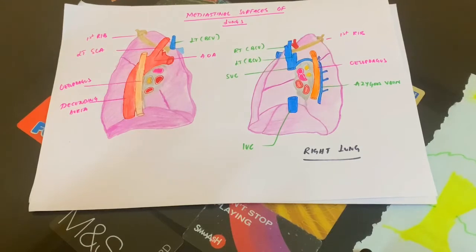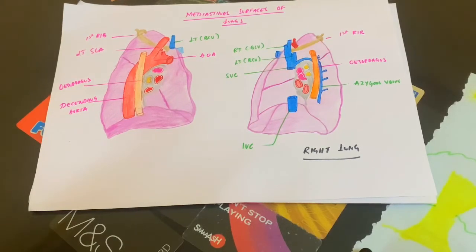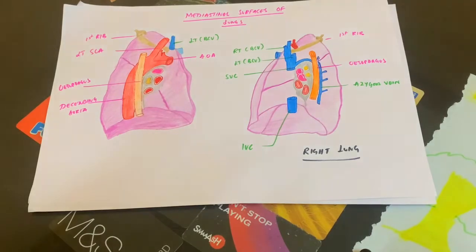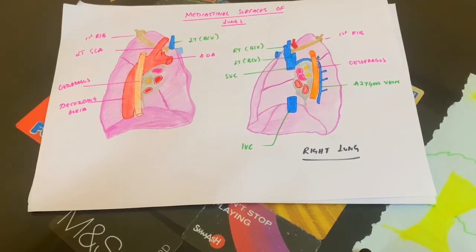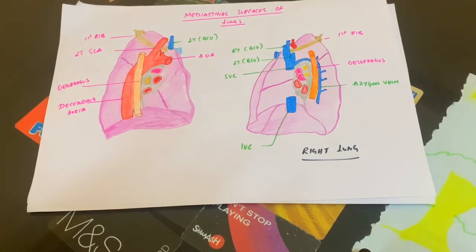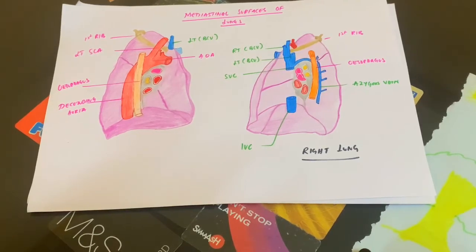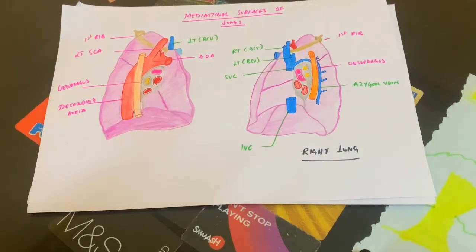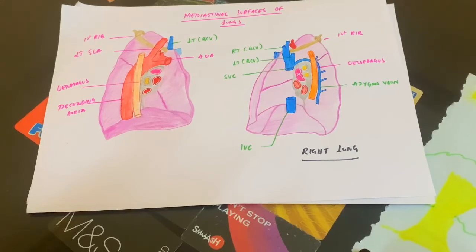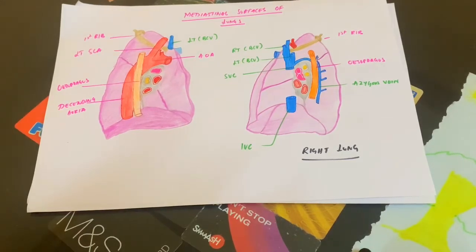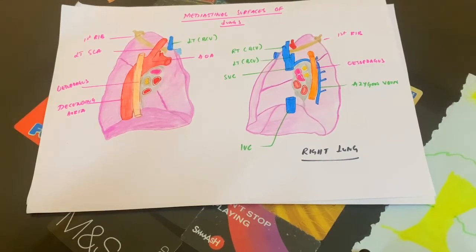Next, we have the parts of the lung. It is a conical structure which has an apex, a base, the costal and mediastinal surfaces, and three borders: anterior, posterior, and inferior. So it has an apex, a base, then surfaces like the costal surface and medial surface. It also has borders like the anterior border, posterior border, and inferior border. I don't want to go into details about this, and I think you are all aware of these parts of the lung, and also know about the side determination of the lung.